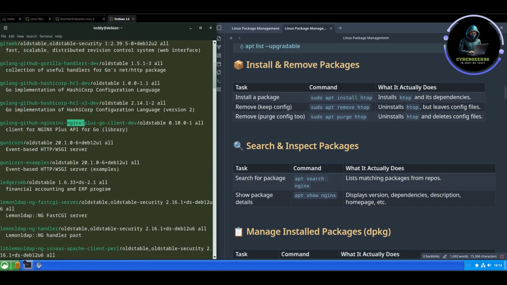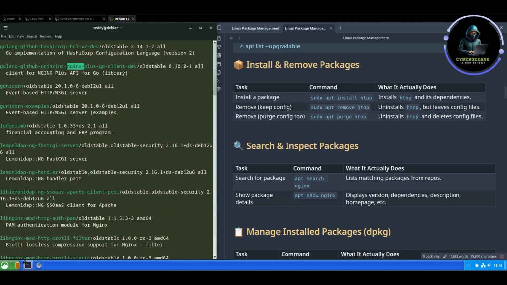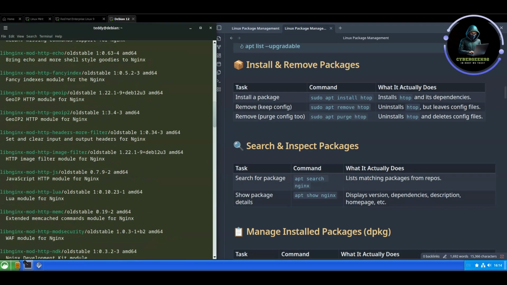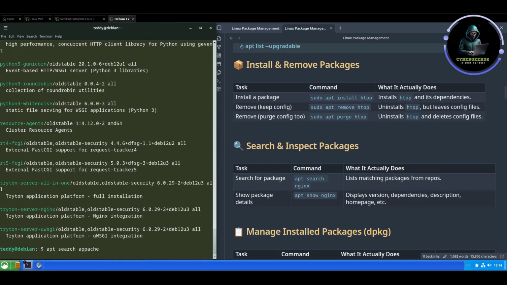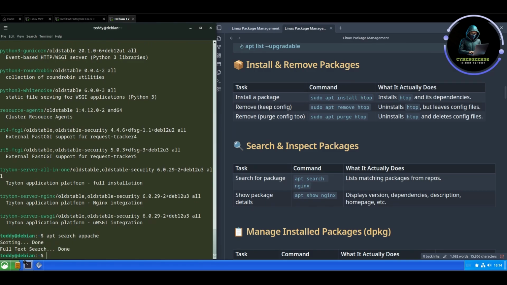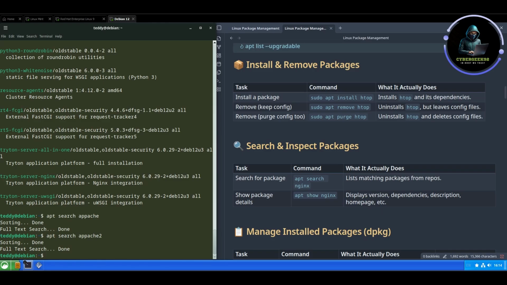So nginx, because most of these have the nginx in them, which I think is an HTTP server, just like Apache. Let's do Apache. You can also do Apache. I don't know which Apache is installed in here, but let's do Apache 2. I don't have Apache installed in here. What else? Let's do